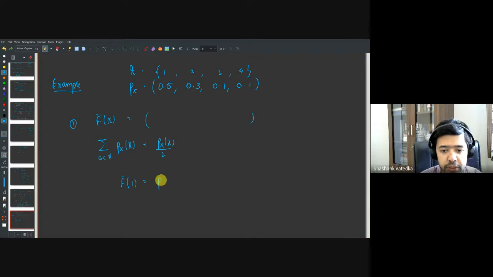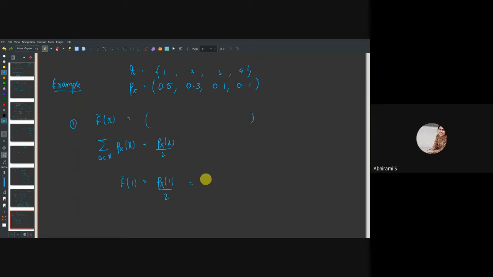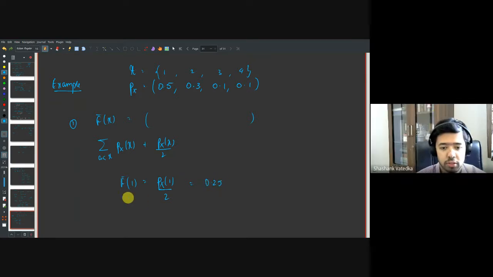So this would just be p of 1 divided by 2, which is 0.25. What about f bar of 2? Again, let's use this particular formula. So it is p of 1 plus